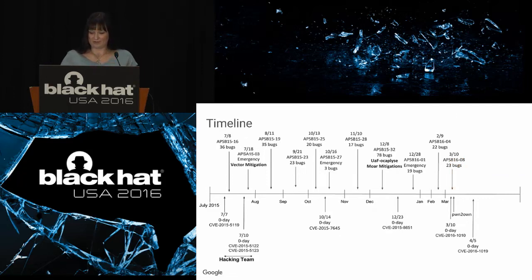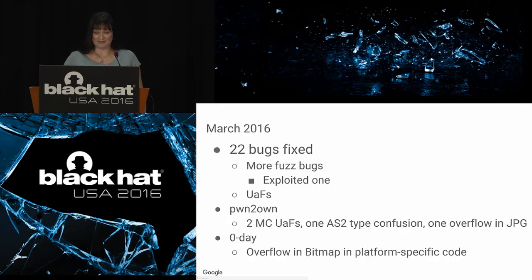So moving on to March. March was a great time in Flash. March is my favorite time of year because there's Pwn2Own. It's like Christmas, but there's Flash vulnerabilities. So there were a few new exploits found in Flash. To start, there was a big update, and a number of bugs were fixed, and one of them I exploited. And then in Pwn2Own, there was a number of Flash bugs that were reported.